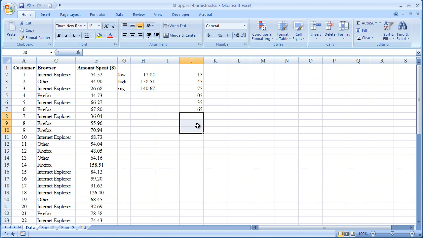What you're seeing here is the upper limits of each bucket. Once we do the histogram, I will be more precise about what each of these buckets mean and how Excel interprets it. Now, before I go ahead and do the next important step, which is counting how many customers fall into each